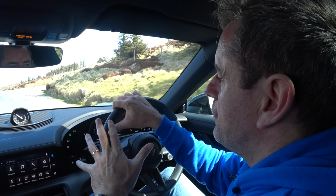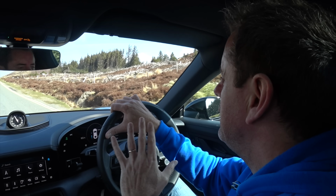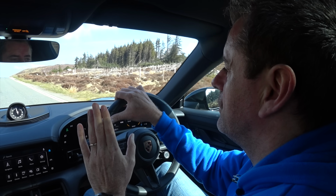There's a big difference between the way this feels and the way the Tesla Model S feels. Really completely and totally different on the road, but also, vitally, build quality. The build quality of this is far superior to the way Tesla build their cars. It just is. I'm sorry, Tesla. I know that probably annoys some of the Tesla fans out there, but seriously, the build quality of this is